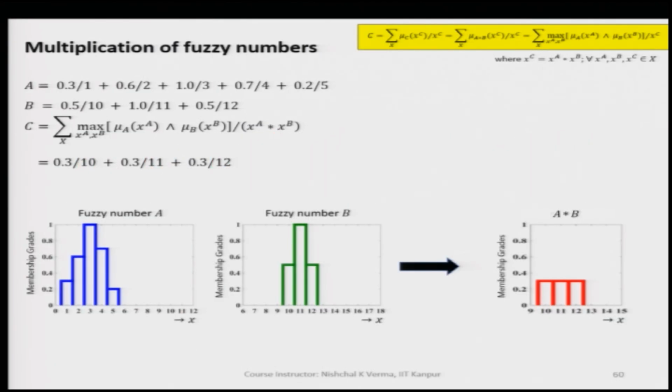And when we plot this outcome as fuzzy set C, this is not a fuzzy number, because it does not qualify to be a fuzzy number, since it is not a normal set. So, this is a fuzzy set C. This is not a fuzzy number, please note that.